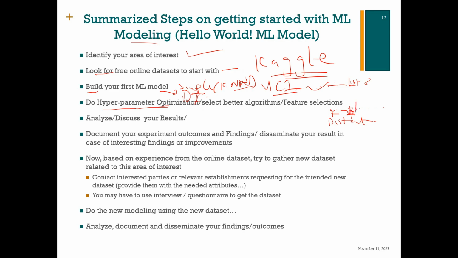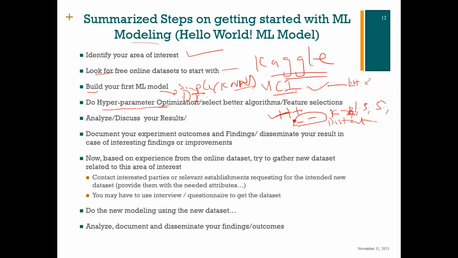K could be 1, it could be 3, it could be 5. If your number of classes is 2, use an odd K to prevent a tie, because it's based on voting. It will assign the nearest neighbors to you and then vote. If the neighbors nearest to you are positive, how many of them are positive? If 2 nearest neighbors are positive and 3 of them are negative, then you will be assigned negative. But if the majority of your nearest neighbors are positive, and there are 2 nearest neighbors to you that are negative, your class will be assigned positive.